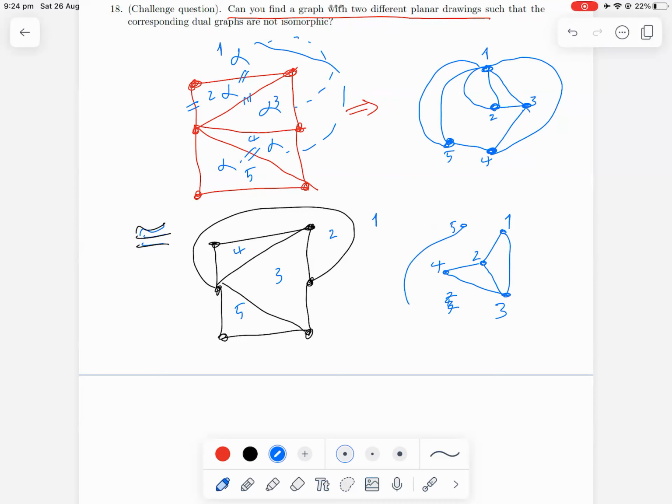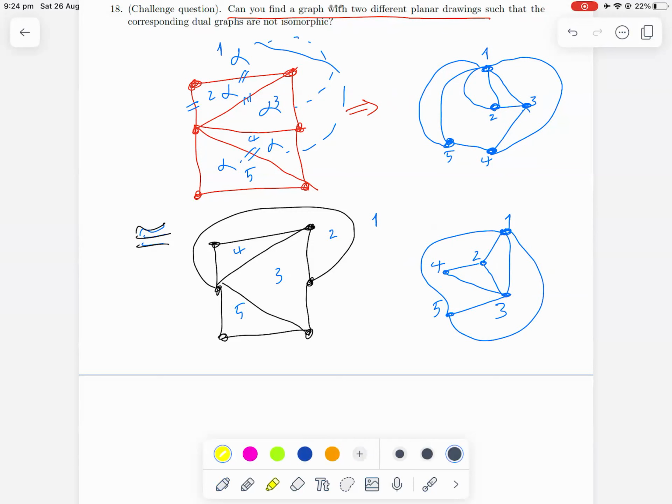So let's not do that there. 5 here. And 5 twice by 1. Okay. So let's see why it's not